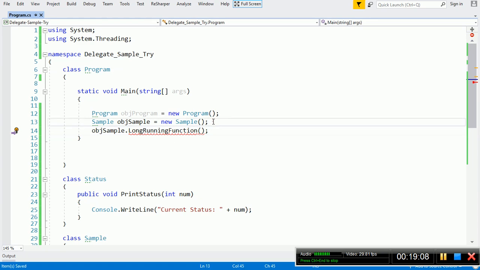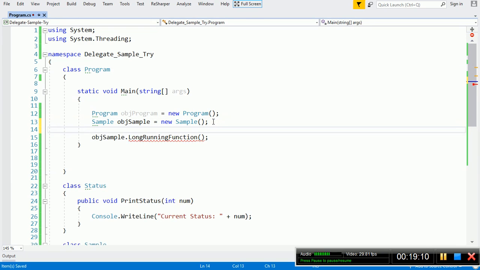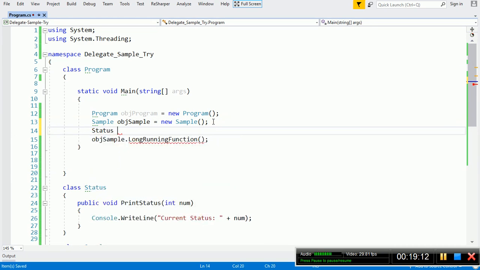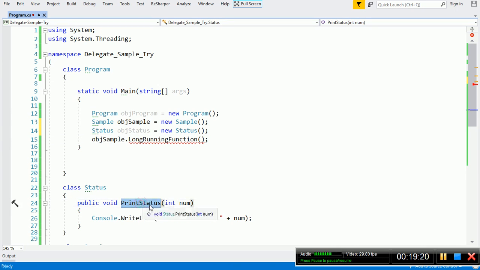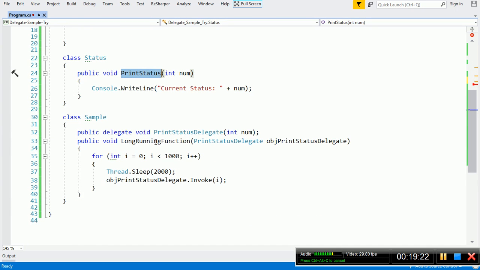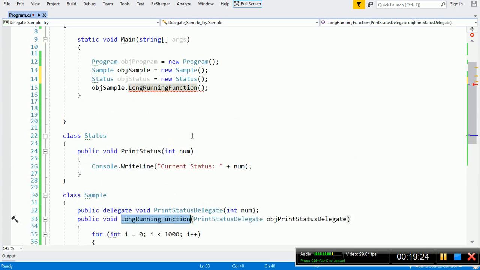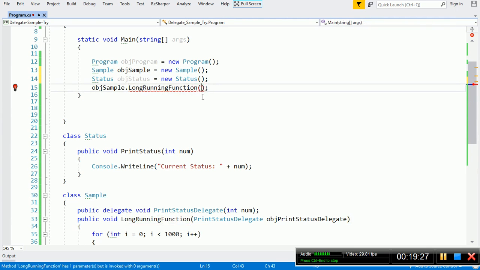Now I will create an object for the Status class, and then I want to pass the address of this print status to this long running function. For that, object status dot print status.